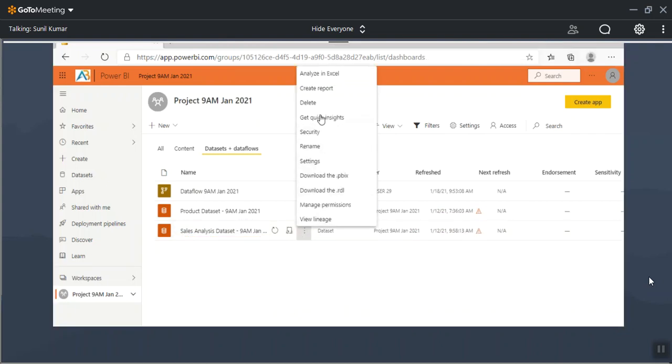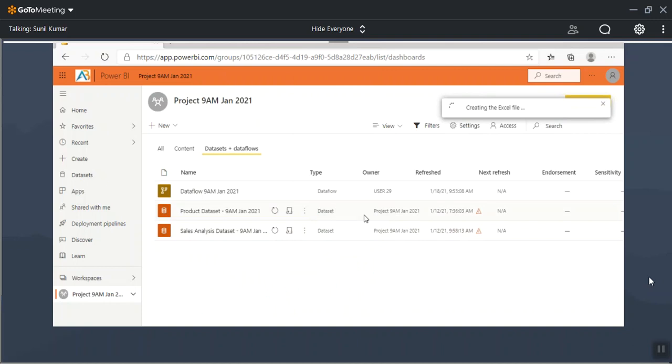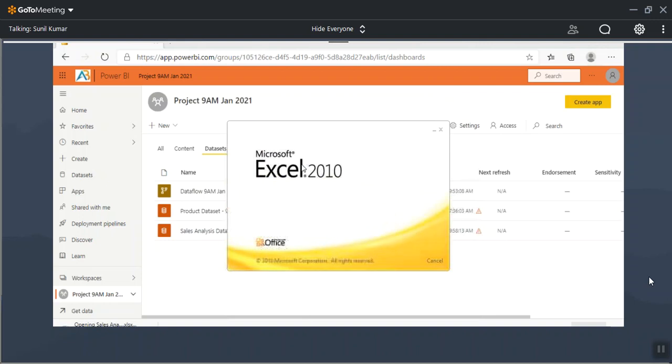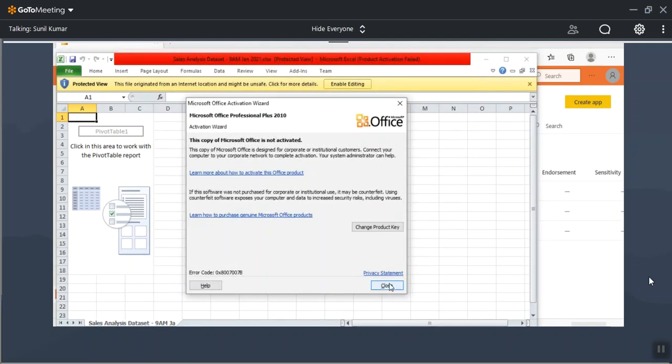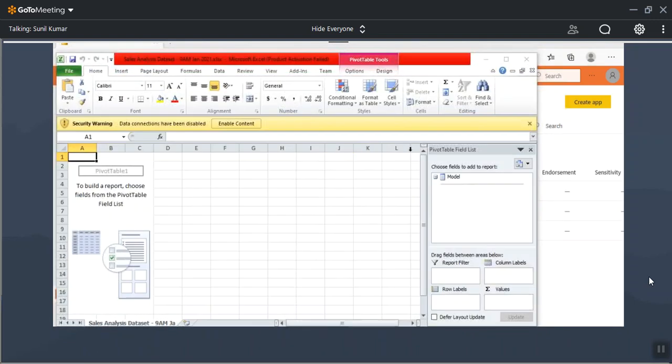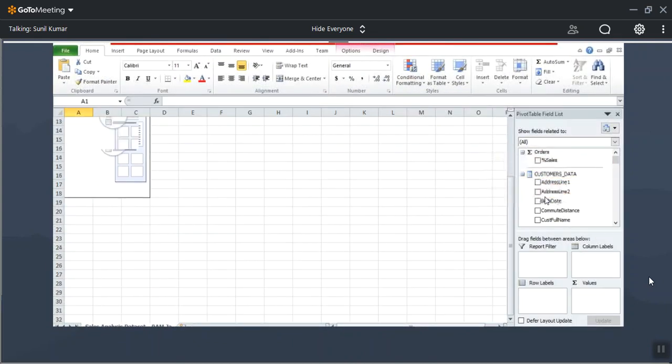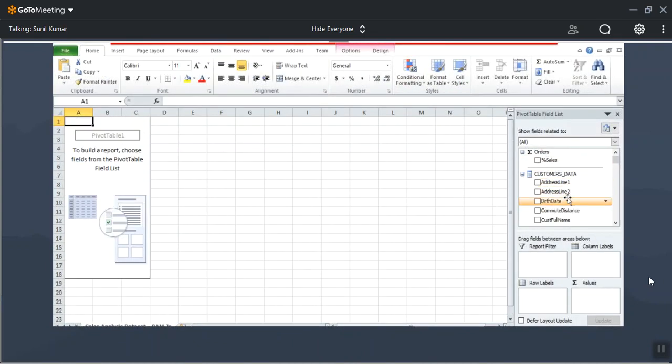Look at this. When I click on Analyze in Excel, it got downloaded as an Excel file. Open it. It will open an Excel file where you can start performing the analysis. This Excel will connect to the data set.